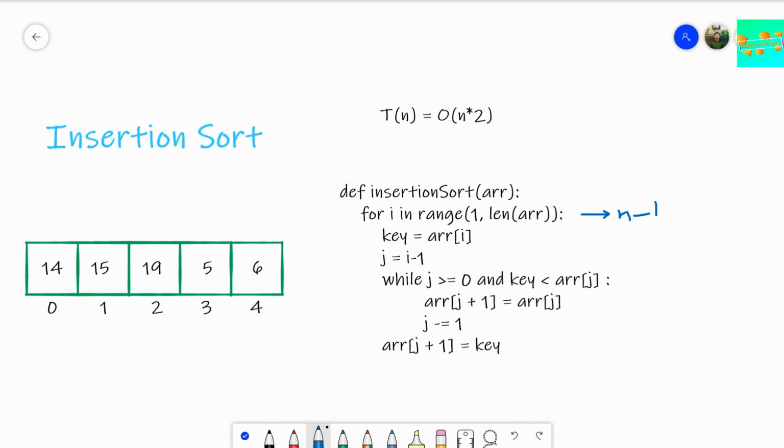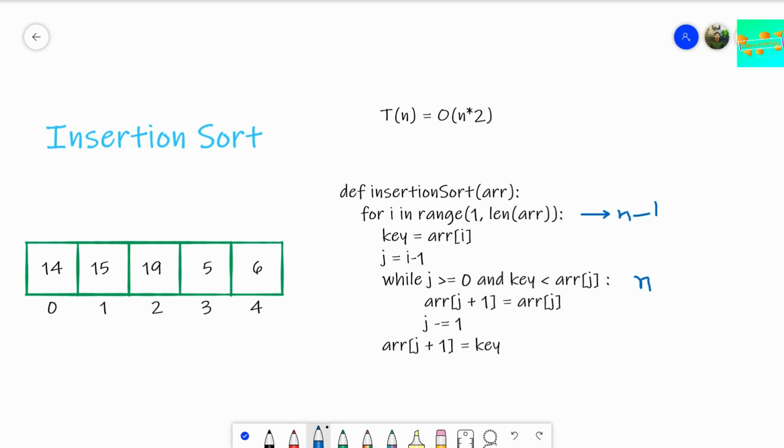This while loop runs for n number of times. Why? What's the maximum condition for this while loop? When we are at the last position and we need to shift it again and again to find out which value terminates first. In that case we need to check till a large number of values, so we are considering it till n.